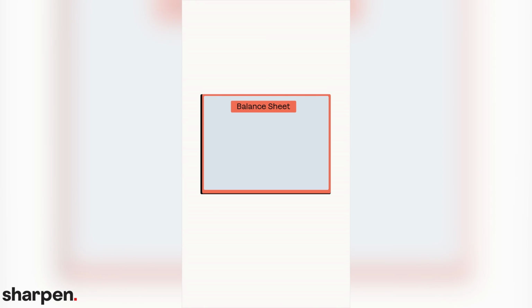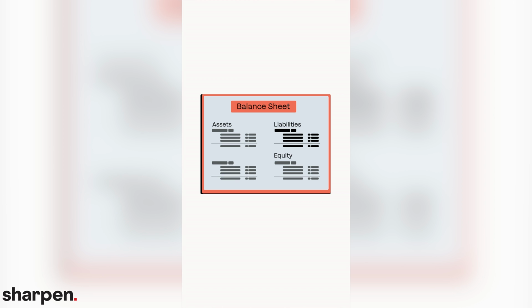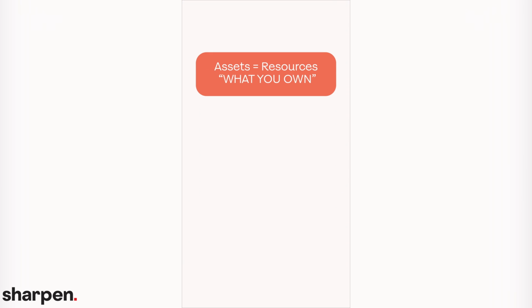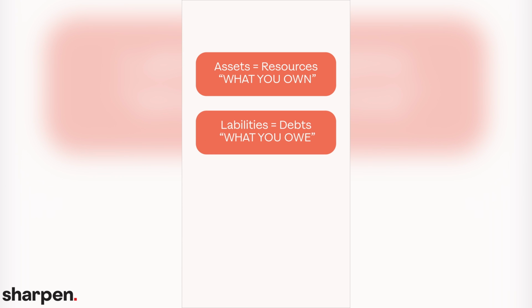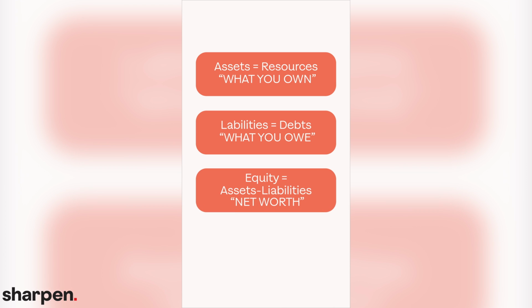Companies are judged by what they have, what they don't have, and what they'll be able to get in the future. In accounting, a balance sheet is a list of a company's assets, liabilities, and equity at a certain point in time. Assets represent a company's resources. It's what they own. Liabilities are a company's debts. It's what they owe. And equity, aka shareholders' equity, is the sum of a company's total assets minus total liabilities,